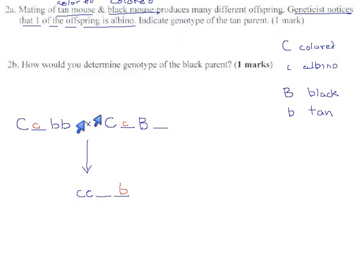So, genotype of the tan parent, we dealt with that. It's big C, little c, so that it's colored, and then the tan color. How would you determine the genotype of the black parent? Well, we need to see this color, and one of two things is possible. If we cross this mouse with something, and it produces nothing but black, it has dozens or hundreds, or I don't know how big a mouse litter is, but if it produces tons